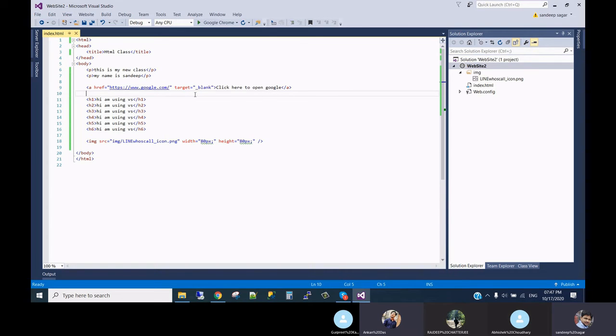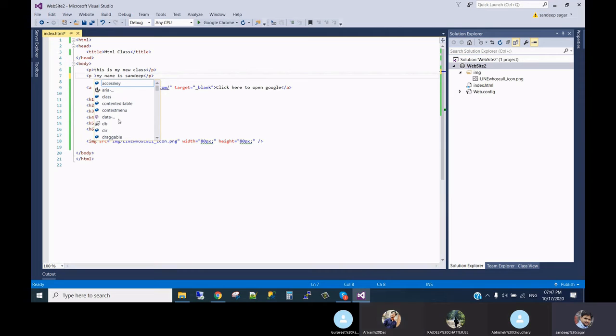One example for that: for example, this is a paragraph, and I wrote one class here that this paragraph text will be red, and also here I gave style color equals black. What will happen?